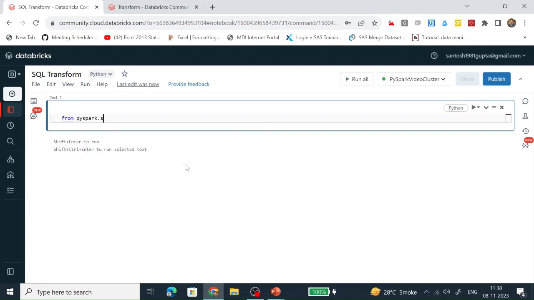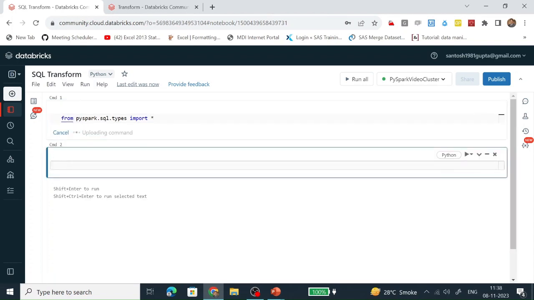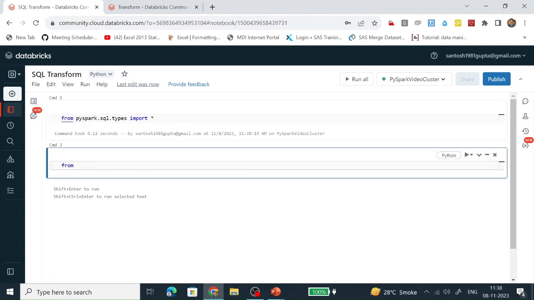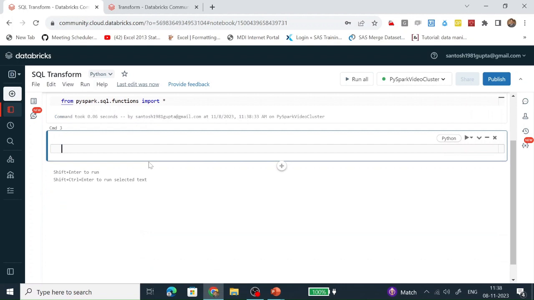From pyspark.sql.types import all, from pyspark.sql.functions import all. Now let's define the list variable.